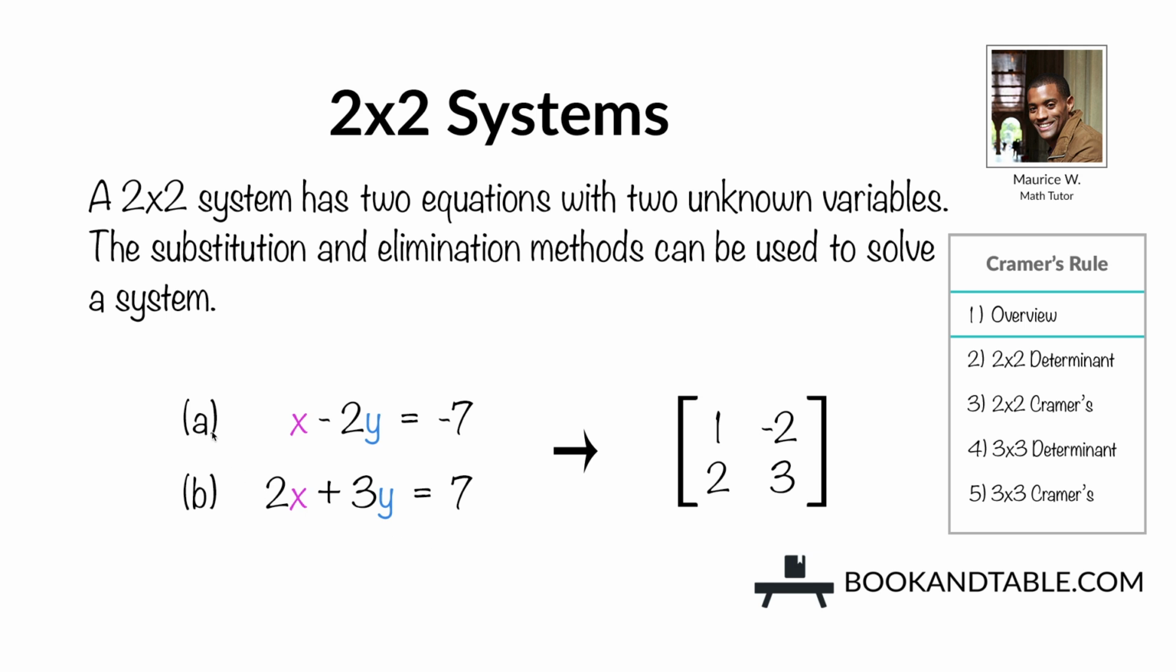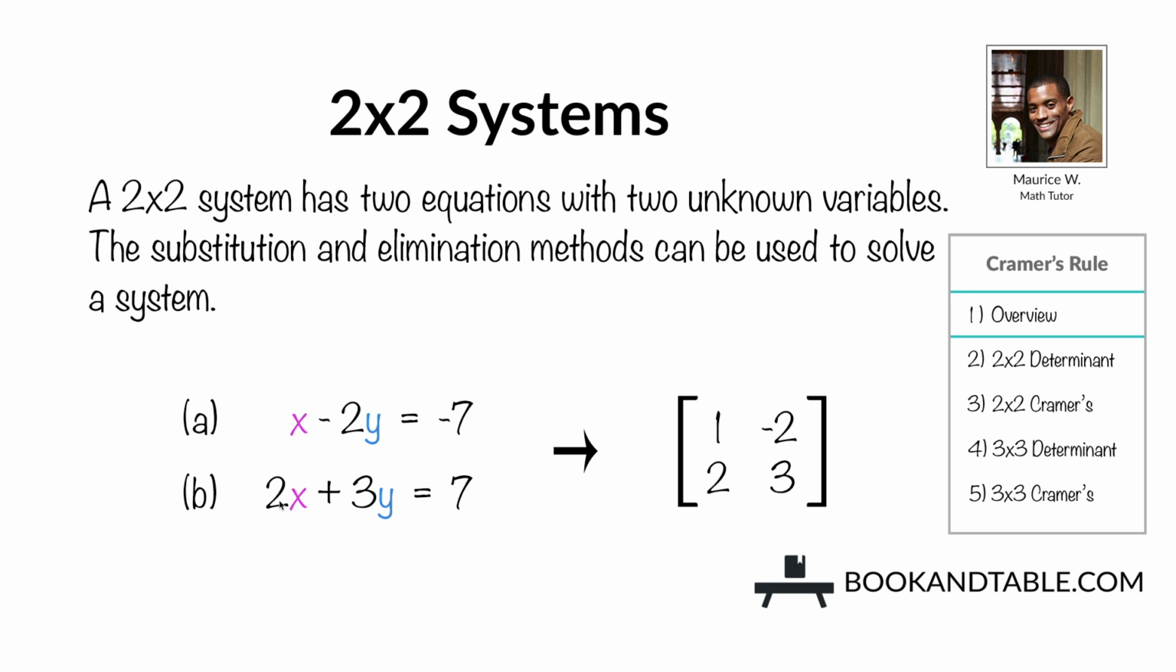Our first equation is x minus 2y is equal to -7. And our second equation is 2x plus 3y is equal to 7. So we see in both equations we have two unknown variables, our x and y. So in our 2x2 systems chapter, we reviewed the substitution and elimination methods for finding the value of x and